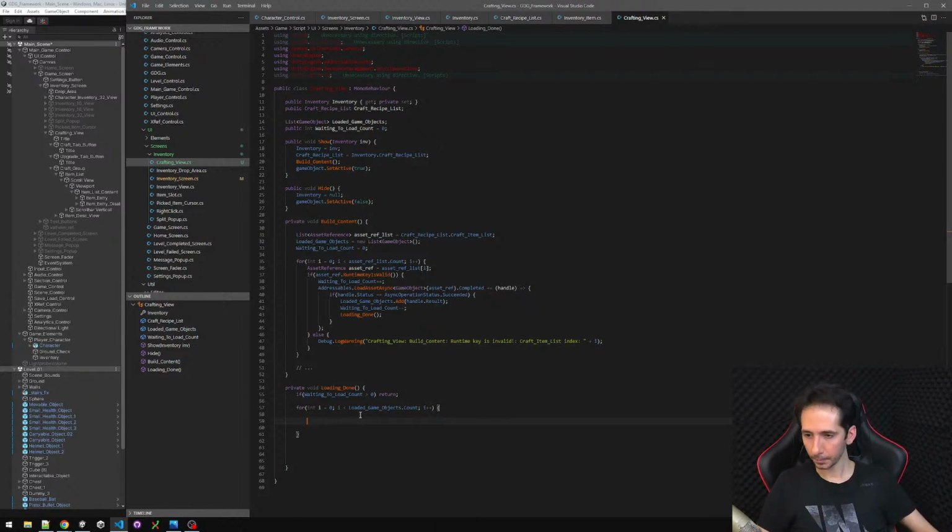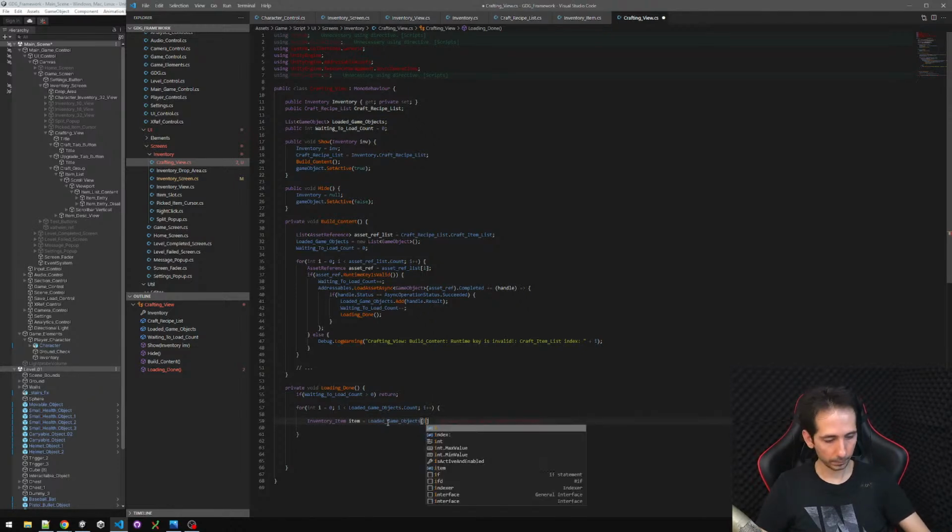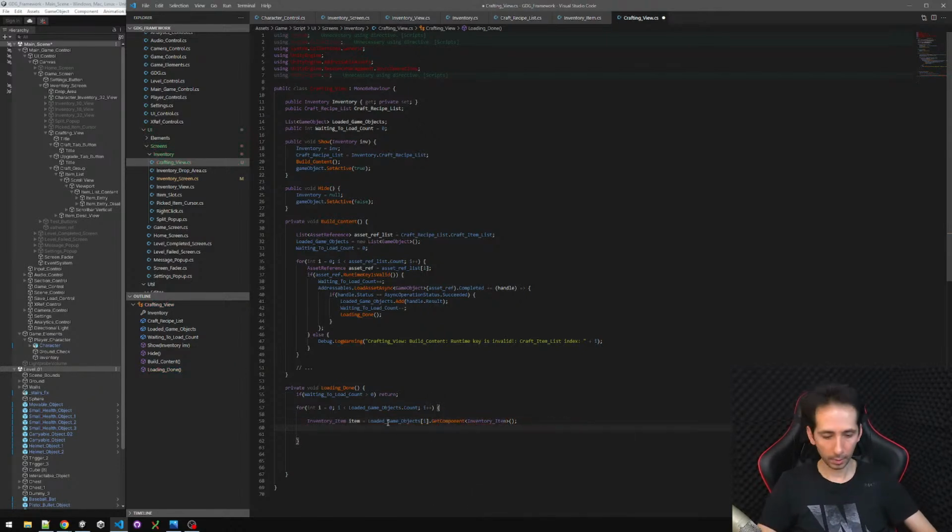Inventory item, loaded objects dot get component inventory item. Okay, if item is not null,